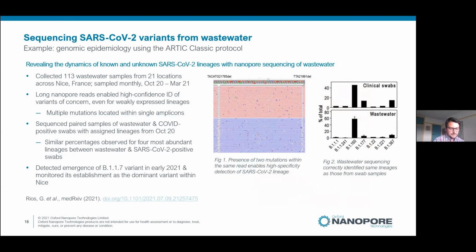So one thing that is of interest to people going forward is being able to monitor an outbreak and monitor other diseases or pathogens in a less invasive manner. And this group in Nice were able to monitor the SARS-CoV-2 in wastewater samples that were collected monthly anyway from 21 locations. And what they're able to do is actually say, well, 2 weeks before an outbreak actually kicks off, or a variant outbreak is really monitored through people self-identifying, you're able to pick it up in the water.